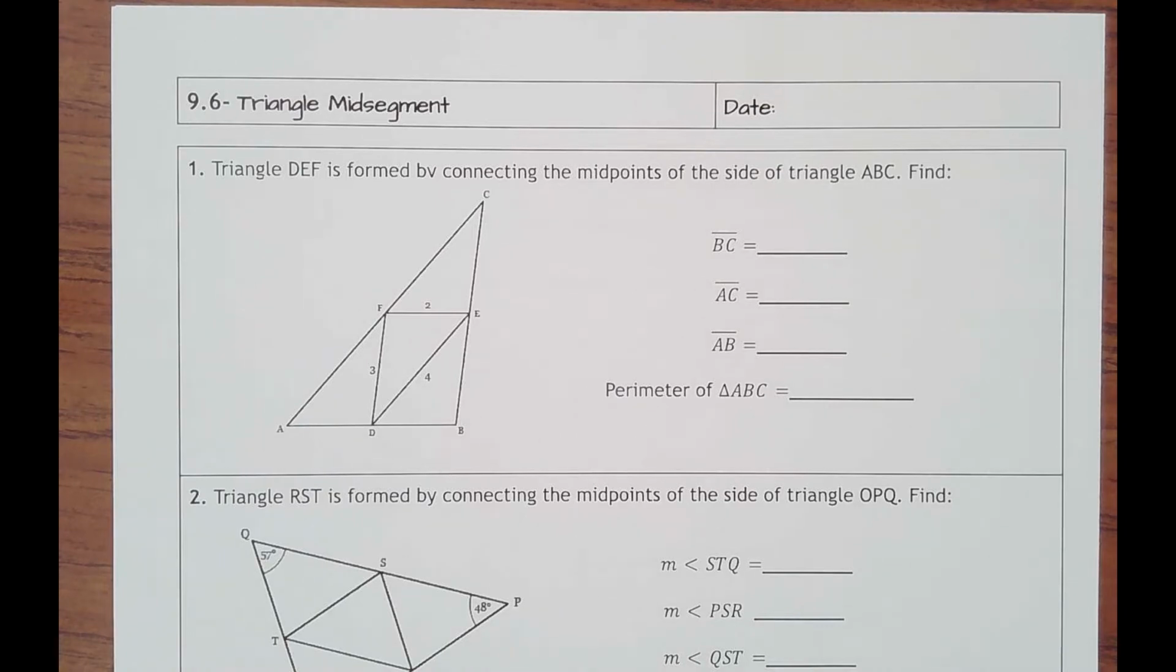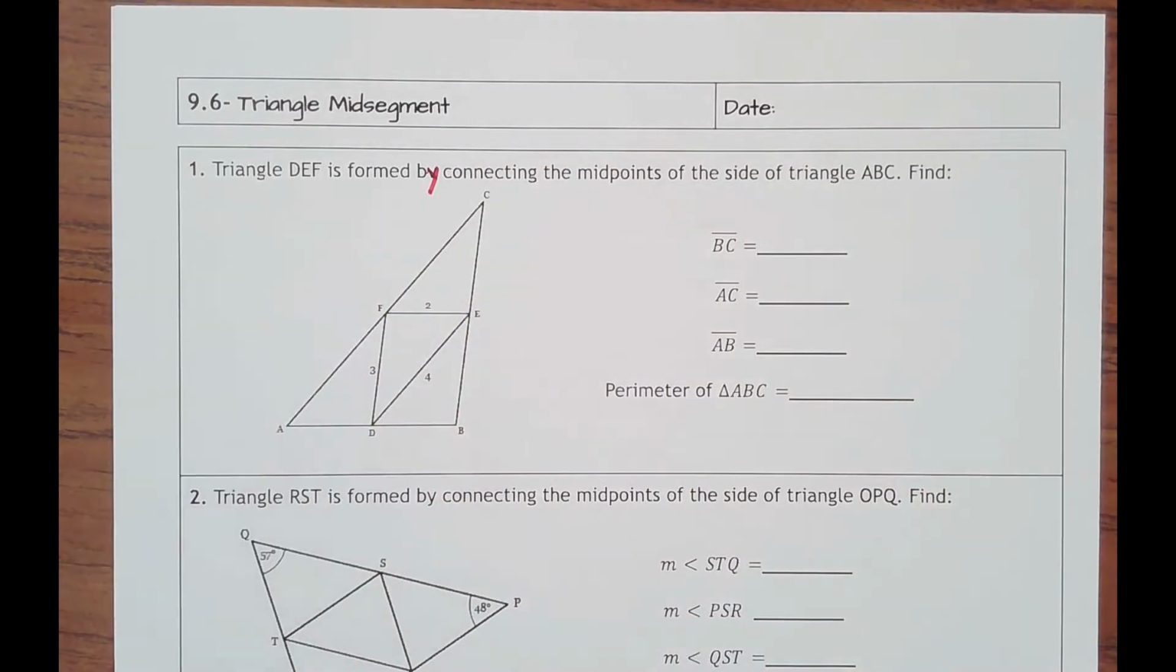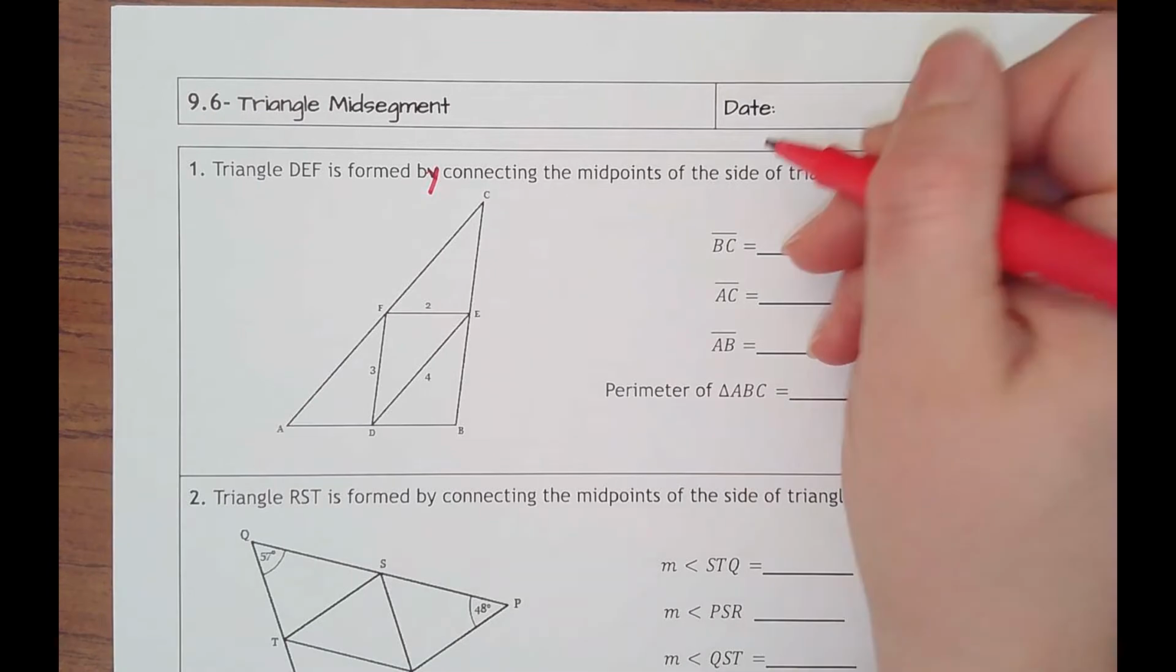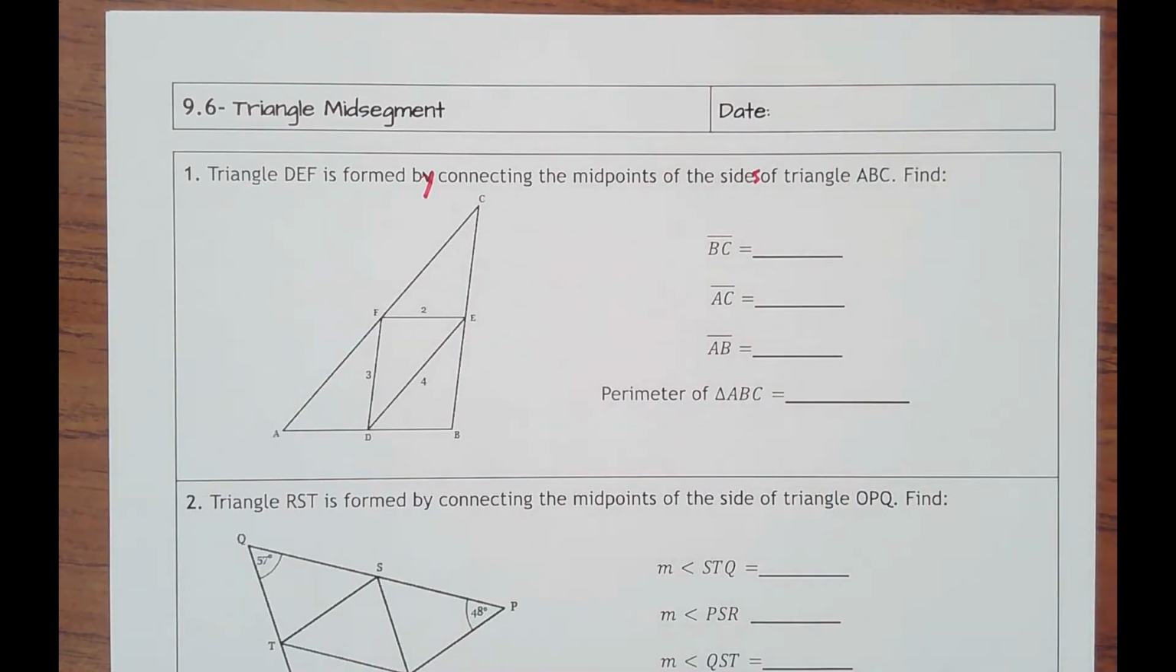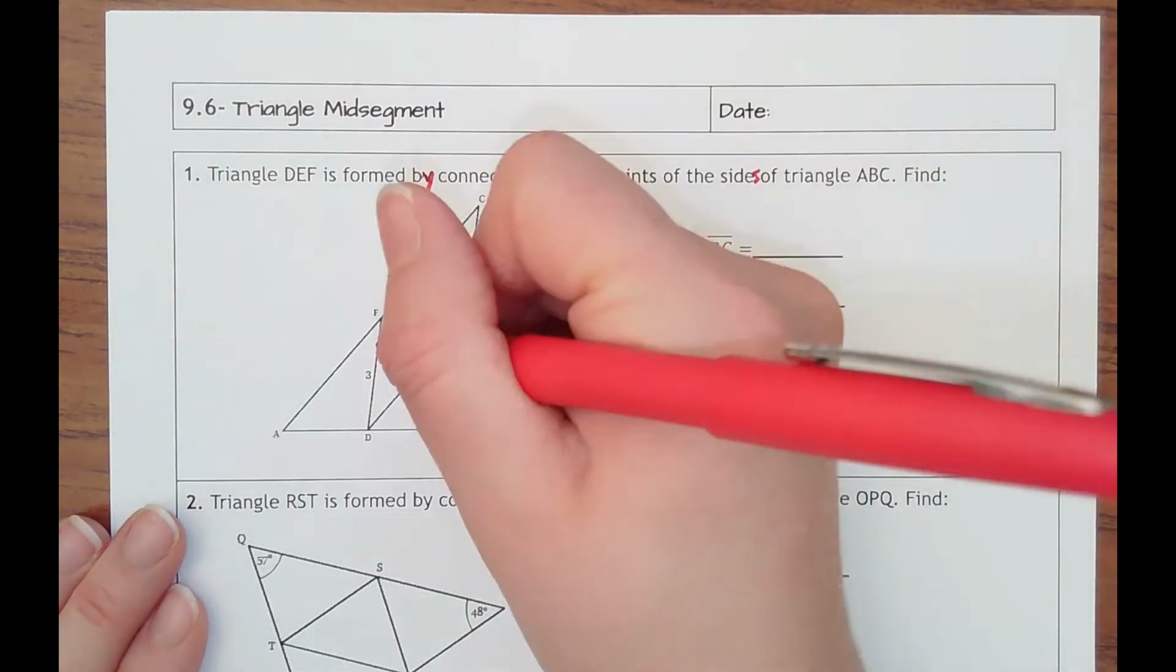Lesson 9.6, Triangle Midsegment. Triangle DEF is formed by connecting the midpoints of the sides of triangle ABC. We're going to find some different things. So here's what's kind of cool about this is if I have side,